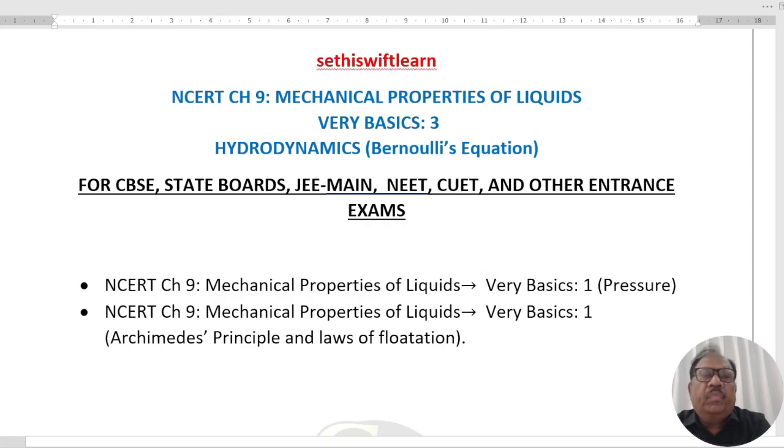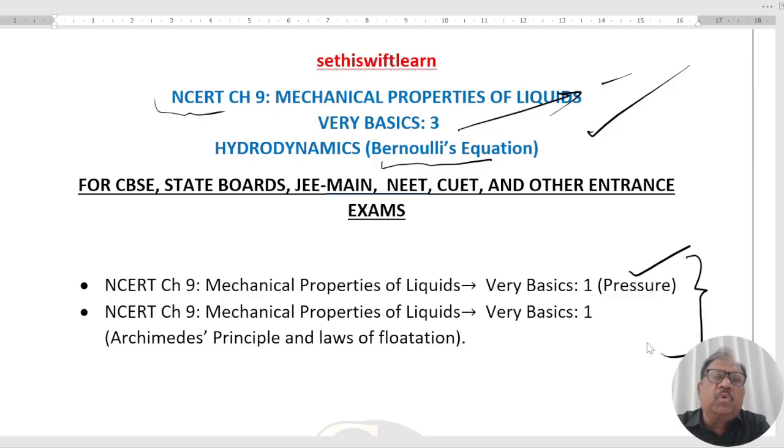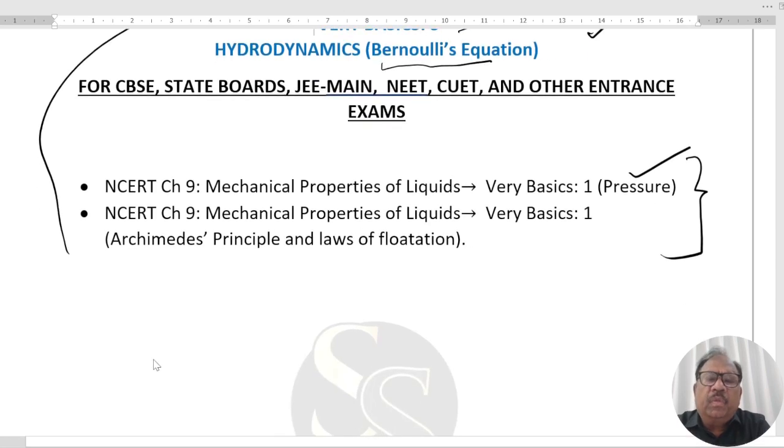Hello students, in today's session of NCERT chapter 9, Mechanical Properties of Liquids, the very basics of Bernoulli's equation will be cleared through illustrations. In another session, we have gone through the topics of pressure, Archimedes principle and laws of flow. Those basics are cleared through illustrations which you can review on Sethi Swift Learn. In today's session, we are going to discuss the principle of